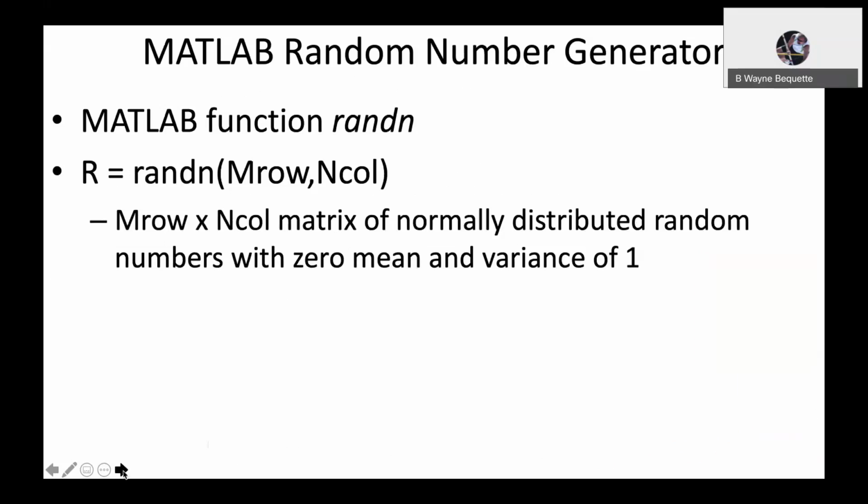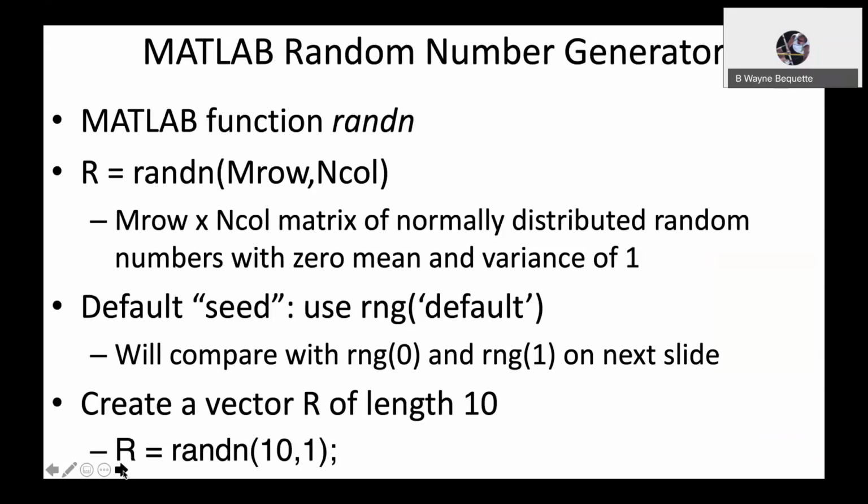The MATLAB random number generator is called randn, R-A-N-D-N. When you give the command randn(m, n), it's going to produce an m row times n column matrix of normally distributed random numbers with zero mean and a variance of 1. And if you want to generate a string of random numbers, you have to give a seed. You can use rng default for a default seed, or you can specify certain integer seeds